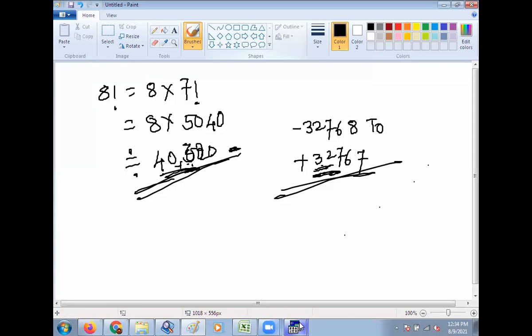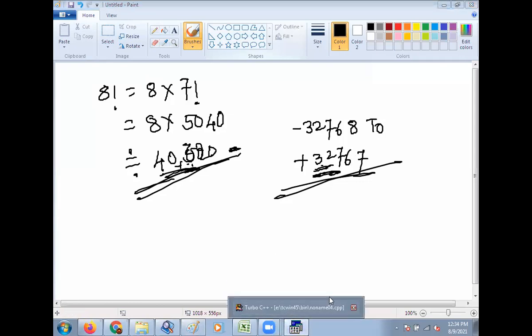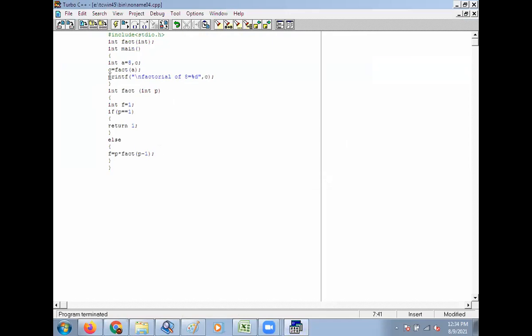Suppose I want to take the factorial of 8, then here I should declare another variable. I think you have studied, or ma'am has told you, the long data type, long integer. So here we should declare long integer, as well as here we should declare percentage ld, l for long and d for integer.